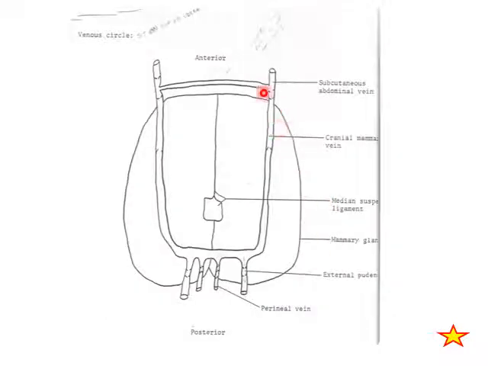There's a circle of veins sitting on the top of the mammary gland. So you have your medial suspensory ligament coming down from where your nose is to the udder, which sits underneath it. This vein or circle of veins is kind of sitting between the body cavity and the udder. And what you're going to have with this is two different places that the venous drainage can